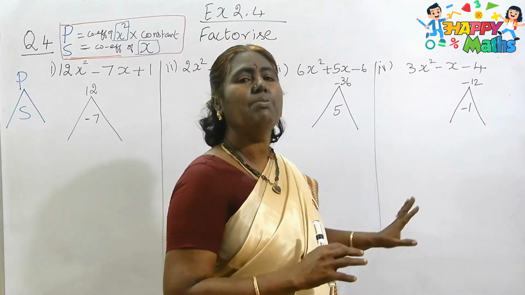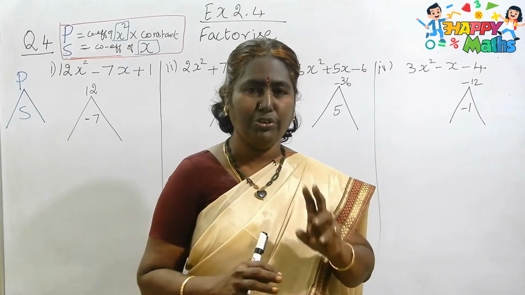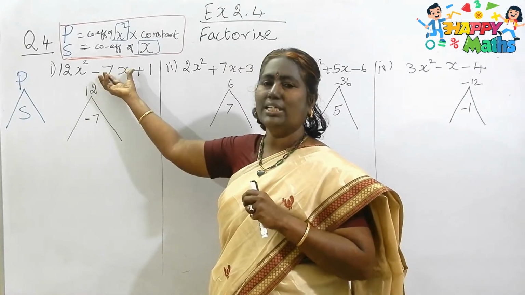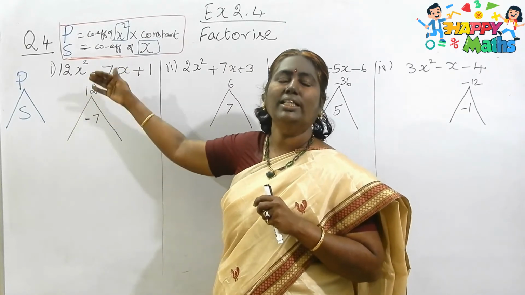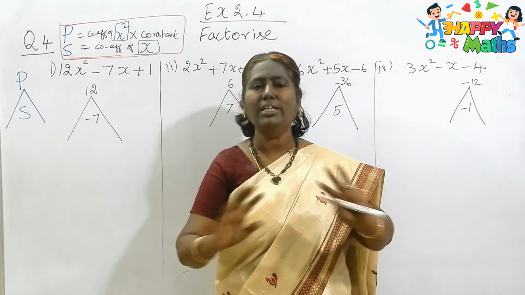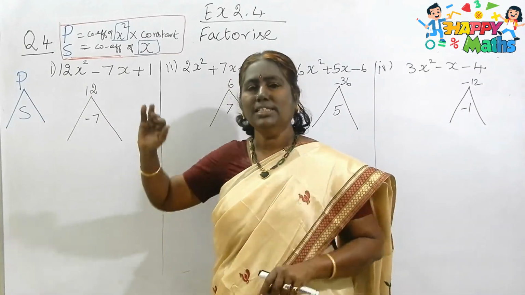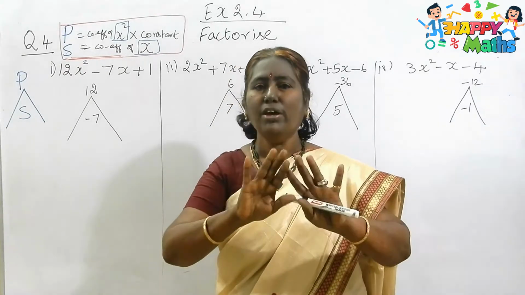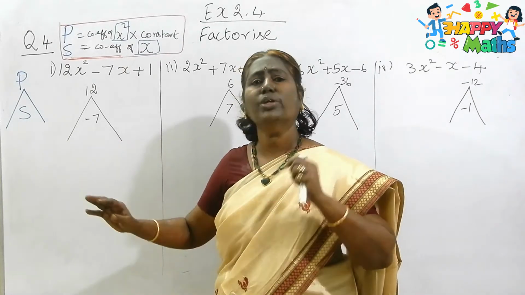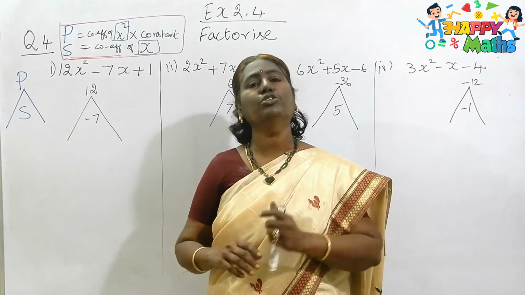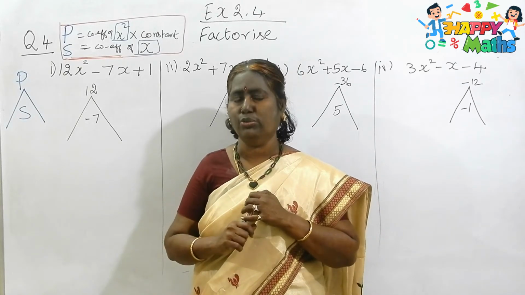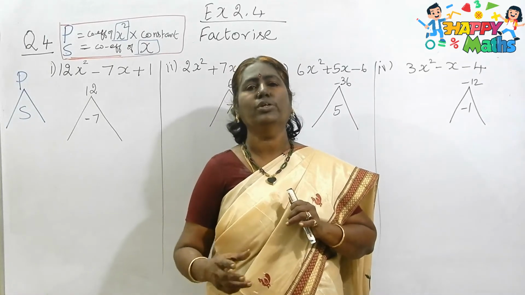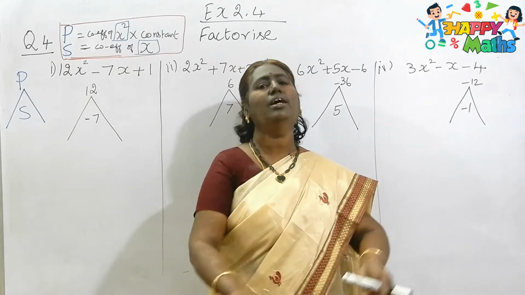These simple methods will be very useful for you when you do the bigger problems. In the bigger problems, you don't need to separate the 7x into 3x and 4x and then make it into 2 brackets. You never need that in your higher classes. Since you are in 9th and 10th standard, you are utilizing that way of separating. But you can adopt this method also. It is very easy, and you can also utilize it for verification. When you go for higher classes, this is quicker and very simple. Easily you can find the factors and go for the higher problems.